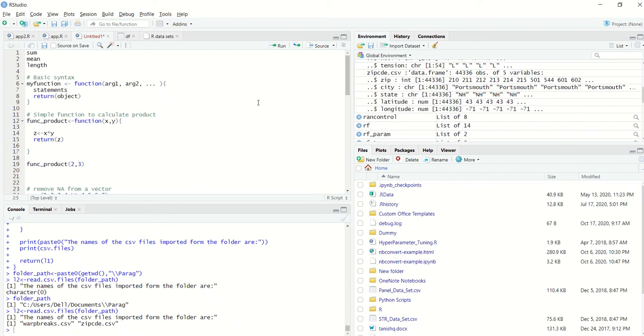Welcome to the video. In this video, we'll look at some of the ways to create a function, why they are required, and we'll look at a few examples where we will try to create simple functions to gain better understanding. As we already know, there are a lot of functions already available in R. Some examples are, let's say I want to calculate the sum of a vector, the mean of a vector, or the length of the vector.